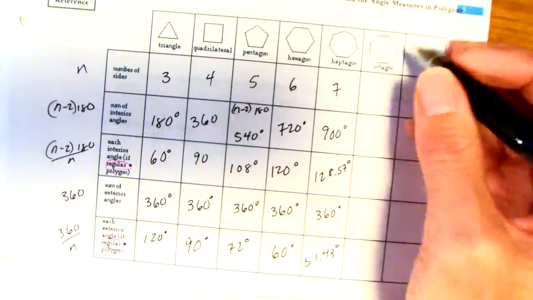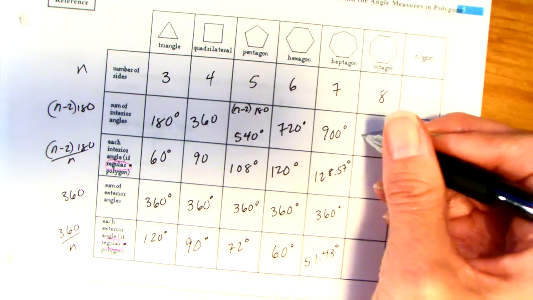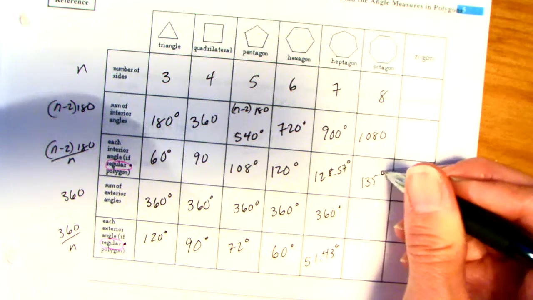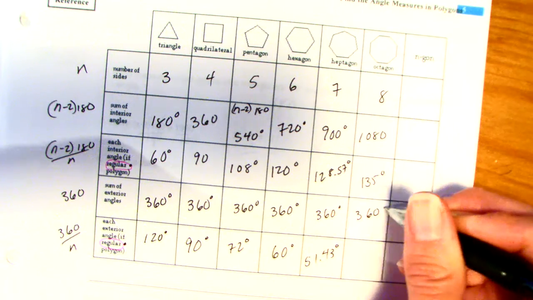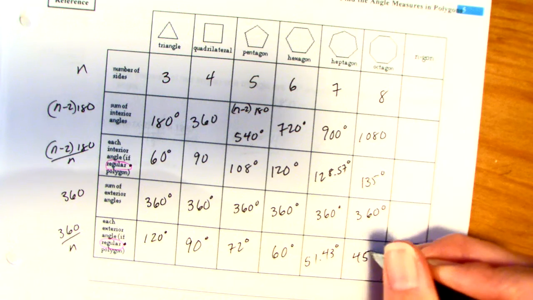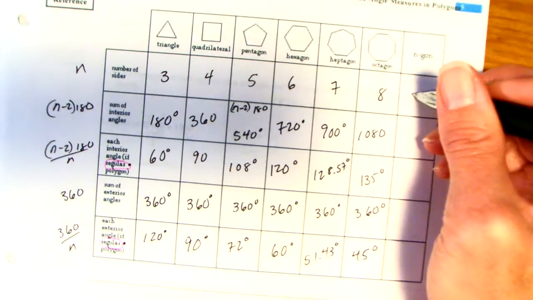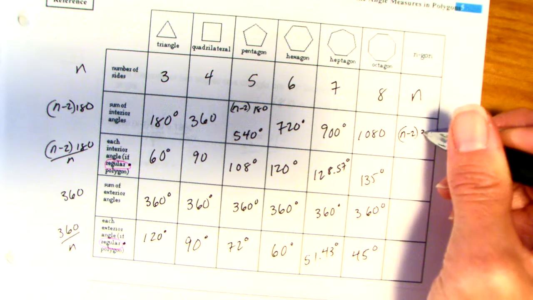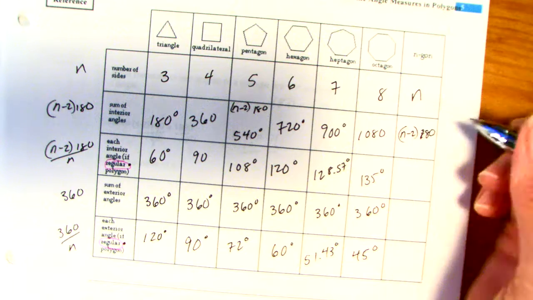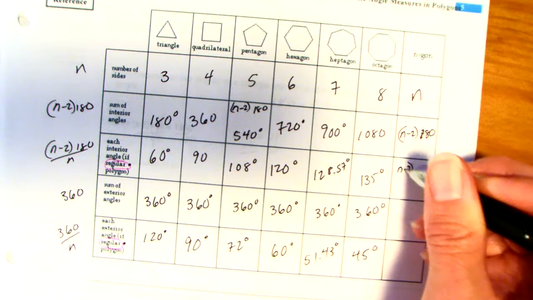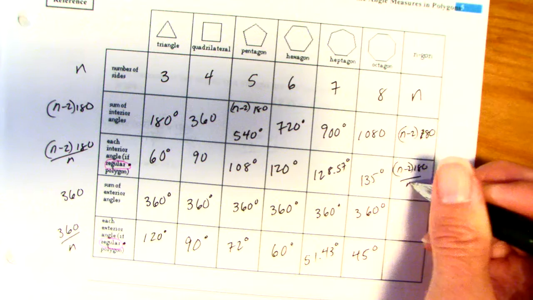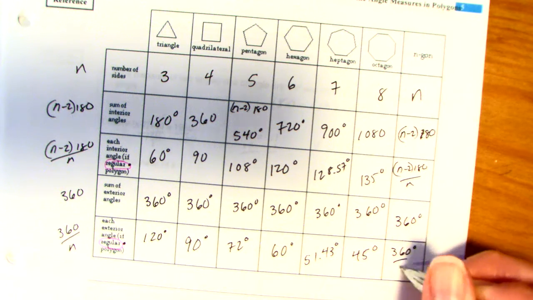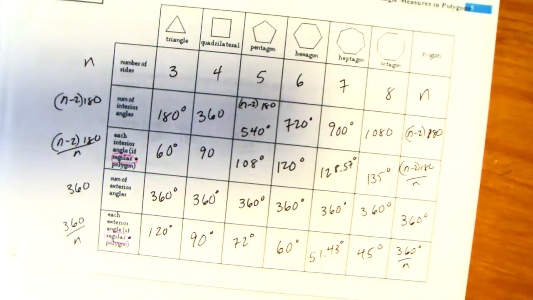An octagon. We just did this problem with the stop sign. And then n-gon. Here are your formulas again. There you go. So here is our homework,